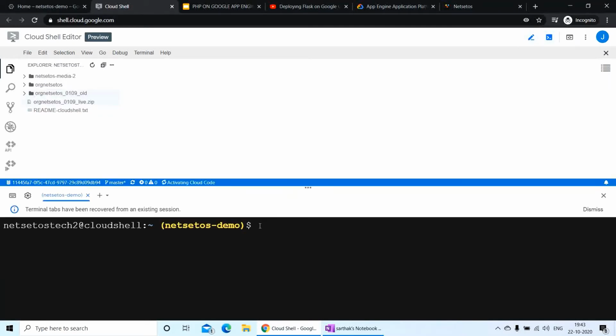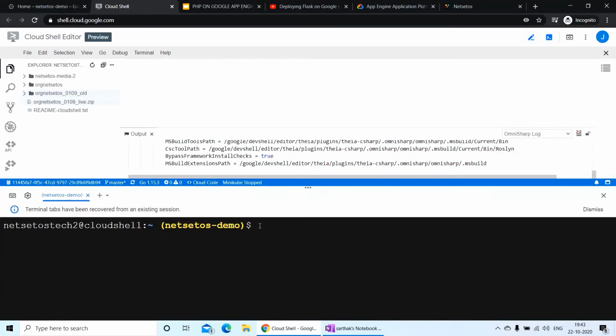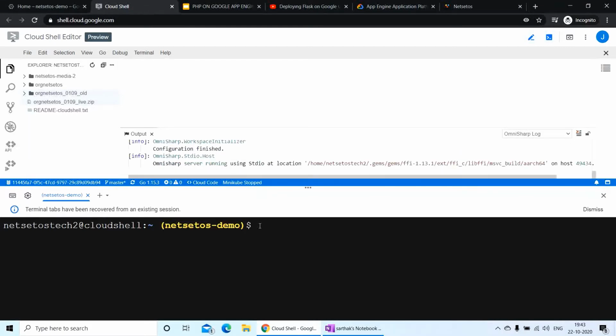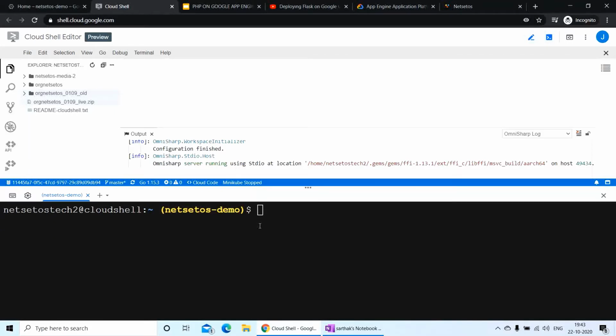This Cloud Shell environment is pre-configured with all the facilities. It has Java installed, it has Python installed, it has PHP installed. So instead of creating your own setup in the local environment, I usually prefer to go through the Cloud Shell environment only, because it gives us all the dependencies already installed, so we do not need to take care of which version of Python or which version of Java is installed. The Composer, the PHP and all the dependencies are already installed, so I usually prefer this environment.